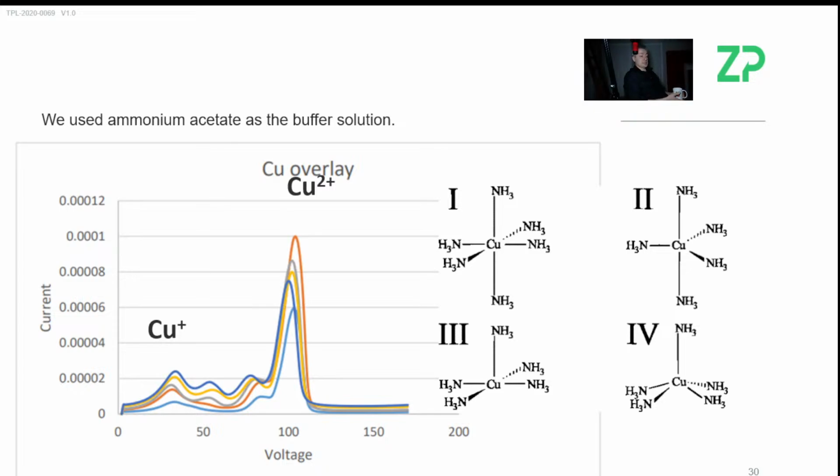And I just did a quick search on ammonia complexes of copper, and, God, it's been such a long time. This is tetrahedral, this is octahedral. I forget what this one is and this one is. But that said, you're probably oxidizing copper but releasing different complexes, and that's because you're using ammonium, which is a source of ammonia, and therefore forming these complexes. In our solutions, which I think were much simpler, you didn't have that capability of forming these complexes.